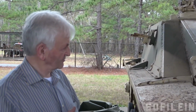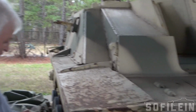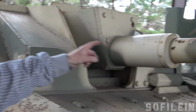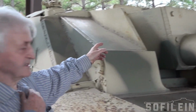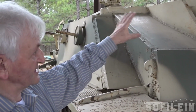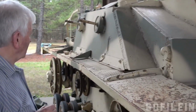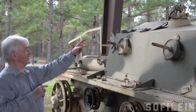And in this case there's some differences that are visible. The hull is exactly the same as we saw before, but this one has the shorter 105 gun. It has a gun mantlet that is the traditional original type of gun mantlet for all Sturmgeschütz, this welded 50mm gun mantlet, and this one has its remains of its